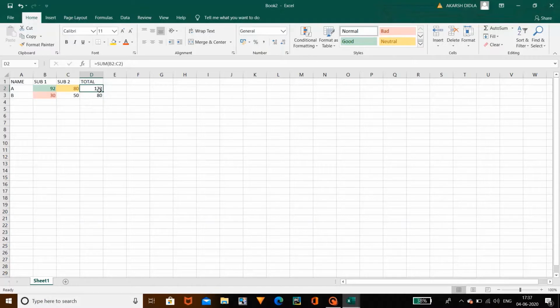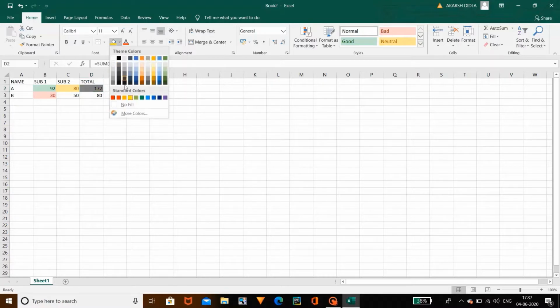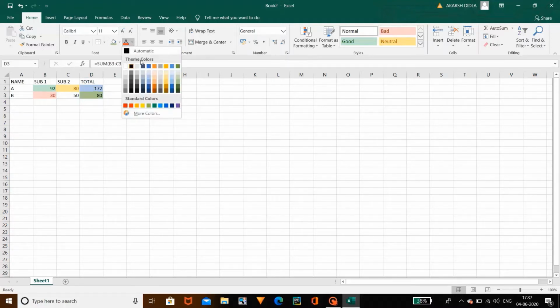Let's change the background color for this 172 by clicking here. Background color for the cells, not only yellow. Let's change the font color of that 80. Let's change the color of 172 also.